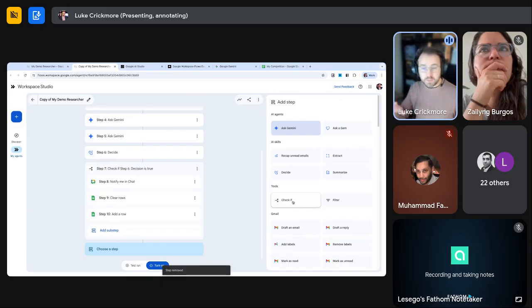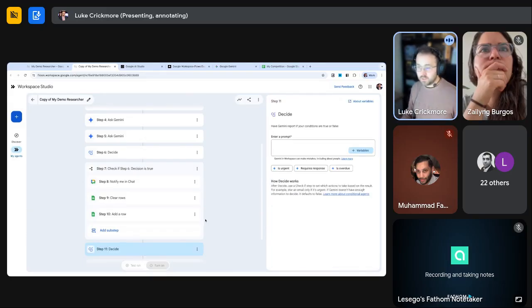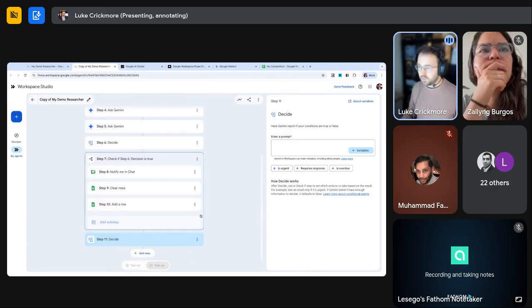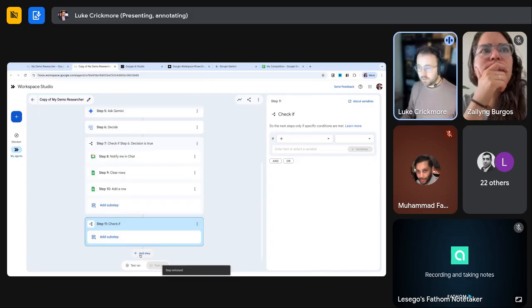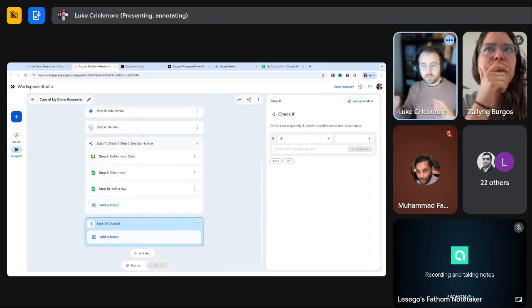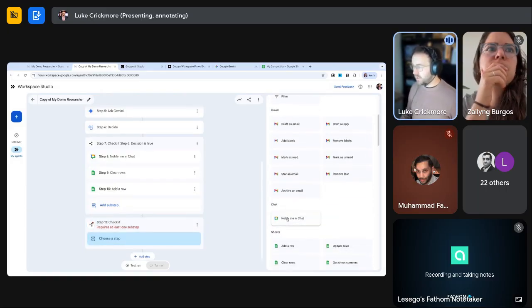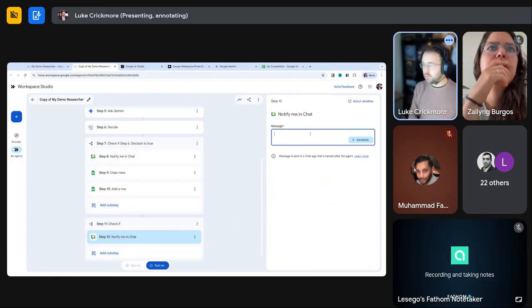Caveat: if you build a step, so imagine I have a step here, like a decide step, an email step, or an if step. If there are any steps outside of these groups, so this is a group, this is a group, I can't ever move a step that I've already configured into one of these groups. So if you're building things and you think, actually, it would be nice to consider whether this has a value before I try and process it, you have to recreate that step, which is sometimes a bit frustrating. In here, I'll just have a notify me in chat step, which will say,